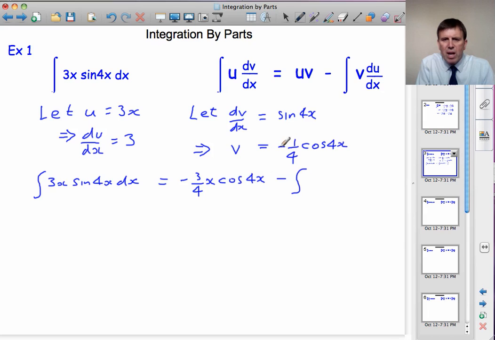Now that minus there, coupled with this one here, will change it to a plus, and I can just put 3/4 cos 4x